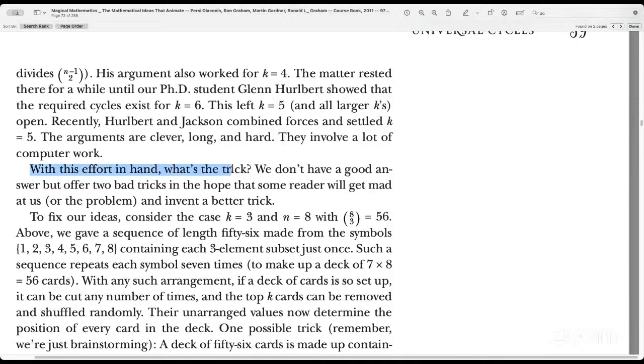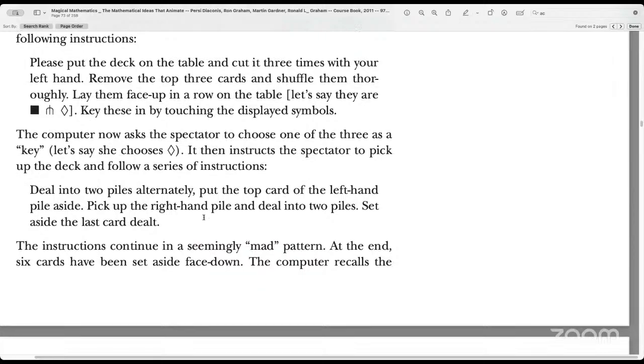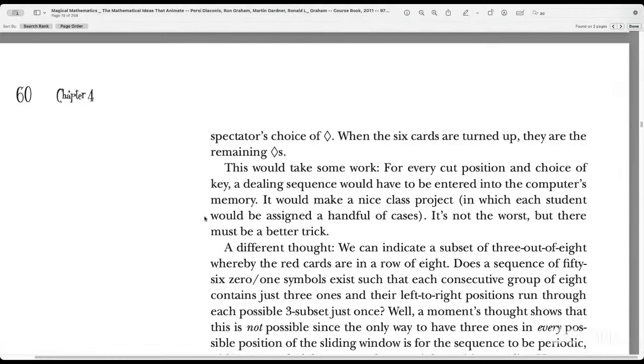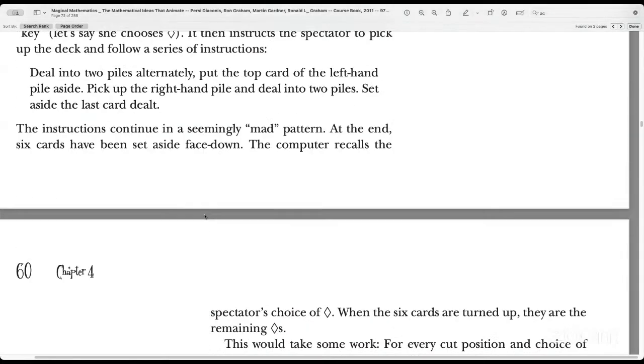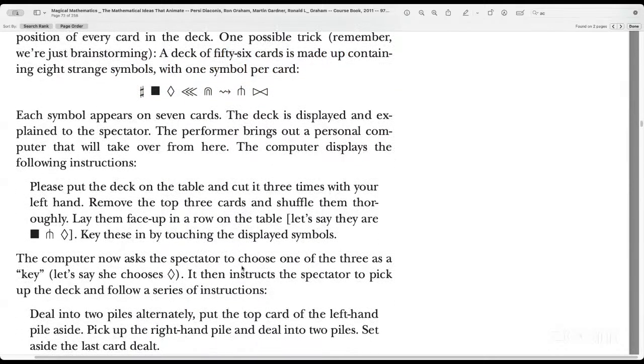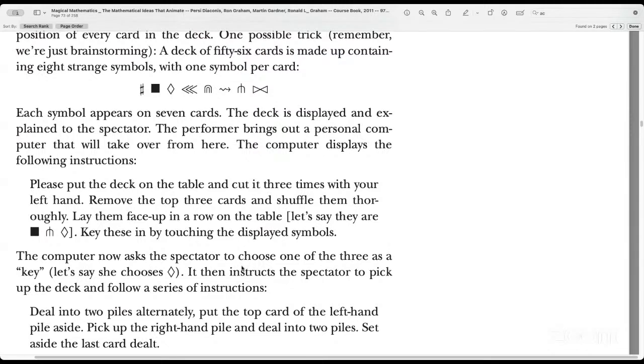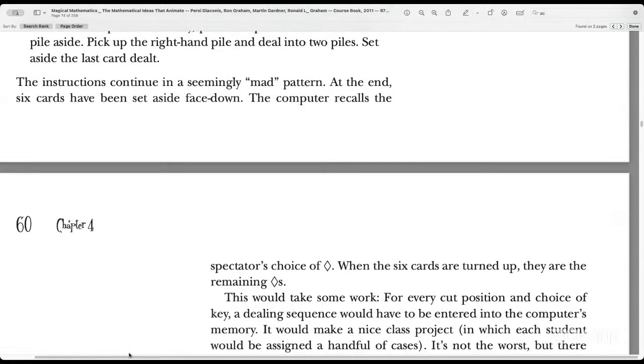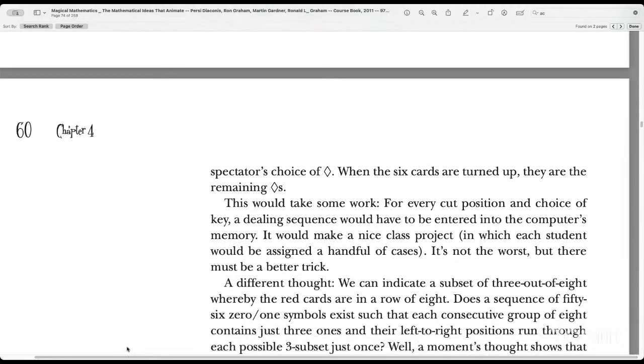So the question is, now that you know that these sequences exist, can you build a trick around it? They say they offer a couple of ideas, but I think it's mainly one thing that they do, and it's not really with a regular deck of cards either. Because it's 56, you have to prepare a special deck of 56 cards with these symbols and so on. And the trick involves going back and forth with a computer, doing a lot of dealing, a lot of steps, and then finally something presumably magical happens. When I read this, I think I was able to follow the narrative, but I haven't really